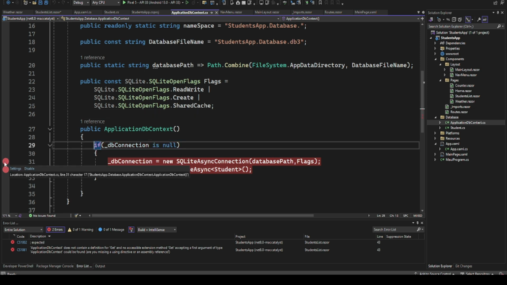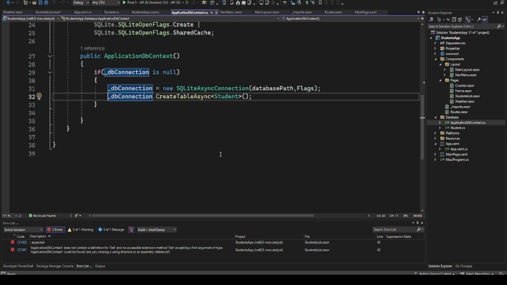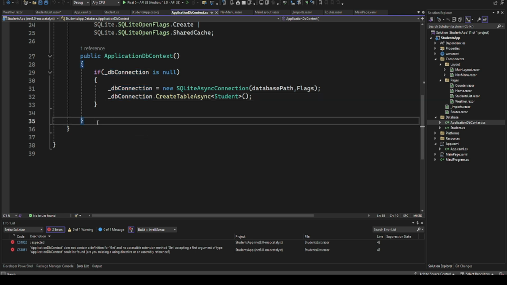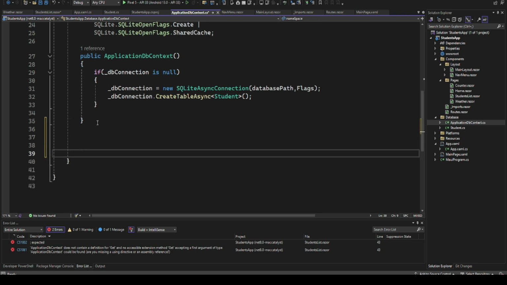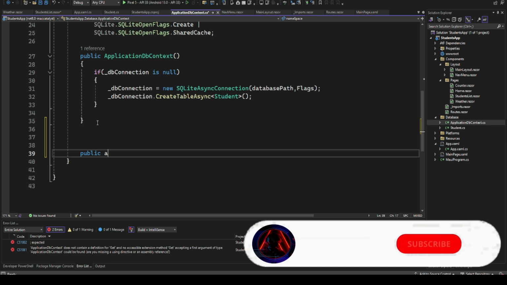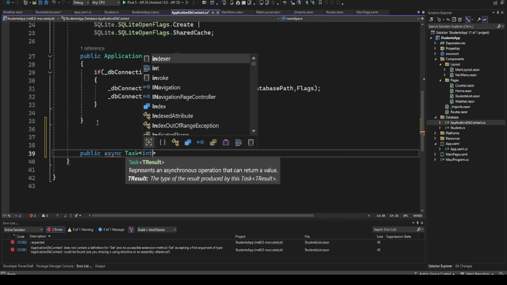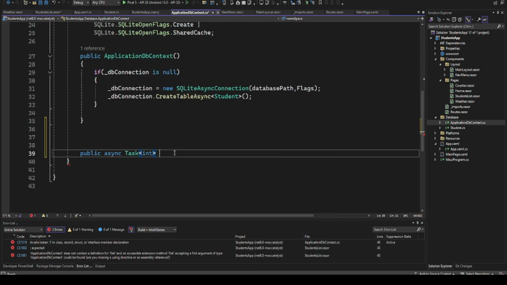So I'm going to remove these breakpoints. Then here, I want us to have some generic methods within this section. So I'll just do public async Task returning an int. Then we can say create